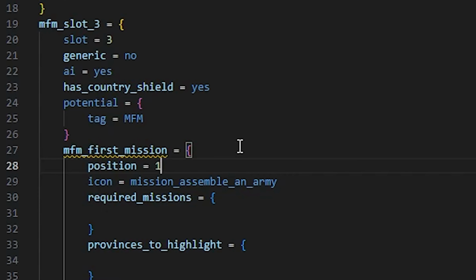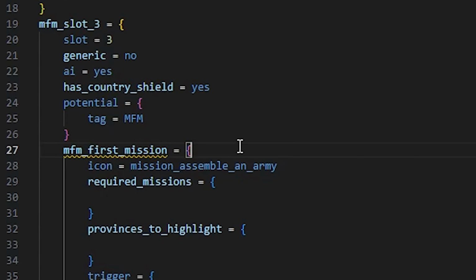By adding the position line, you can tell which row to put our mission in, with 1 being the very top of the mission tree. If we had a mission available in column 3, and we put another mission in column 3, it would automatically go to row 2. If we had no missions in column 4, it would go to row 1. The position line is optional, so if you choose not to put it in, the missions will load into the first available row. In our case, if we do not add it in, our mission will be in the top